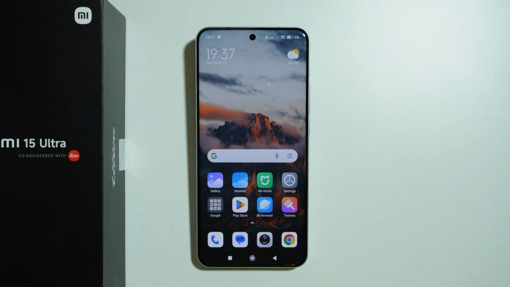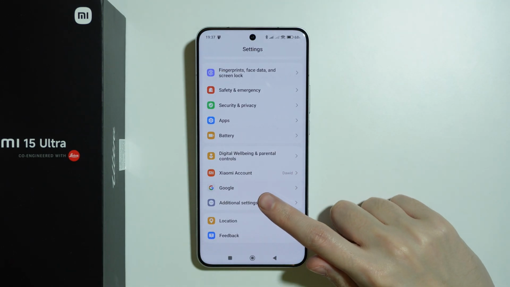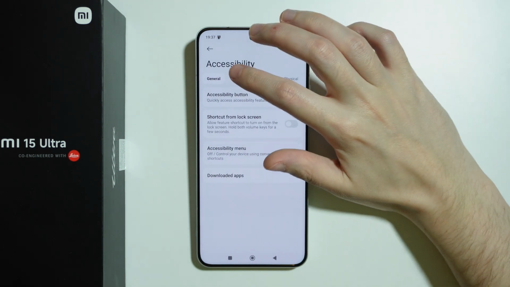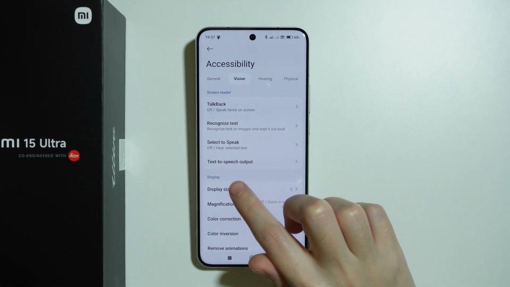If you want to change the DPI settings on the Xiaomi 15 Ultra, we have two main ways to do so. The first method is by going to settings, then over here we need to scroll all the way down and choose additional settings, and we want to go to accessibility. And now over here we need to switch to the vision tab, and then we want to go to display